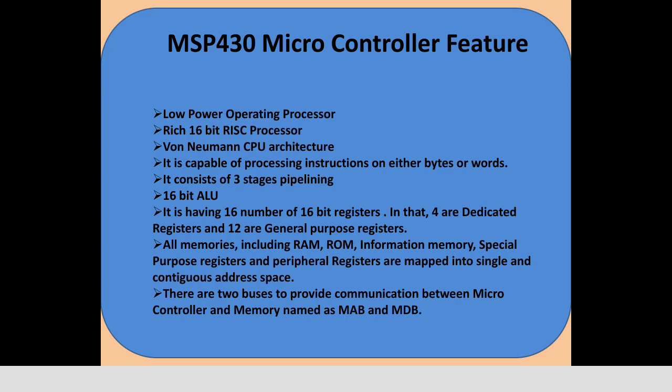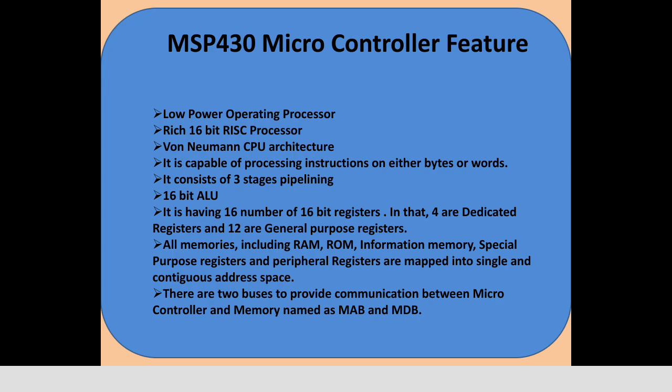That means it has a minimum number of instructions, and by reducing the instruction set, each instruction performs a single step of operation. Because of this, if you want to write a program, the program size increases, where all the instructions take an equal amount of time. And coming to another feature, it comes under Von Neumann architecture, which means it has a single memory. The single memory is used for data and program purposes.